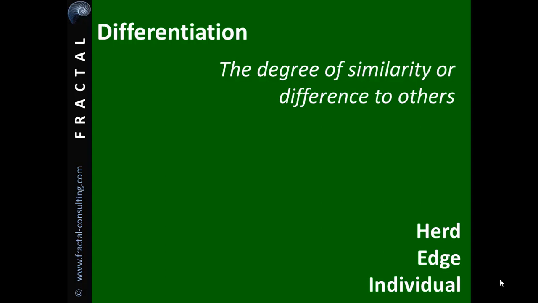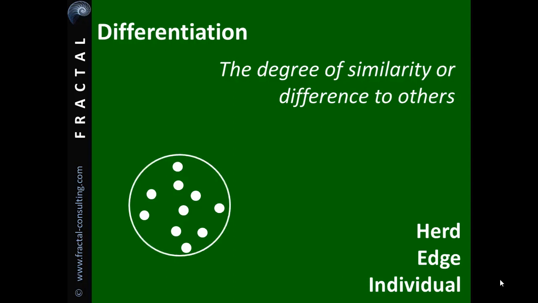In any sector there are typically many organisations, and generally there's a herd, a group of very similar organisations that tend to act similarly and serve similar markets with very similar offerings. And that herd will have an edge, a boundary, which serves to define which organisations are in the herd and which aren't. So edge is the in-between position. It's somewhat differentiated. It's linked to the sameness of the herd, but it's exposed to and it benefits from the variety in its wider environment. Edge organisations then frame the herd, with leading organisations setting the direction and pace of herd movement, and laggard organisations showing the gap between the front and the back of the herd.